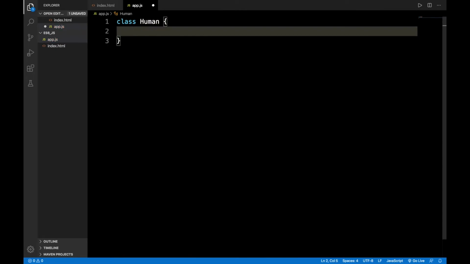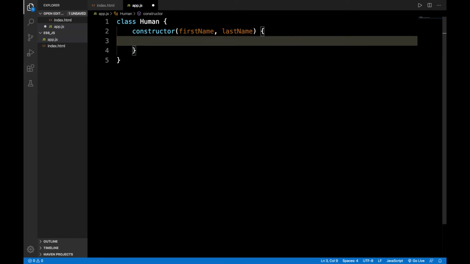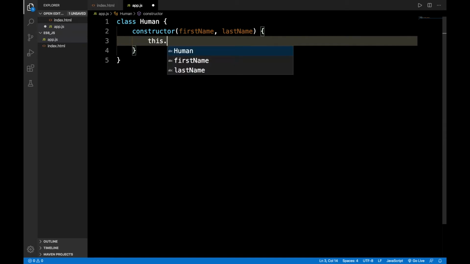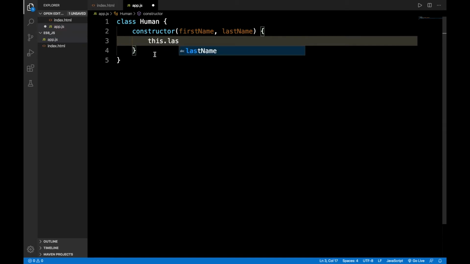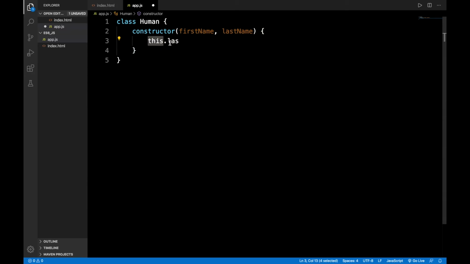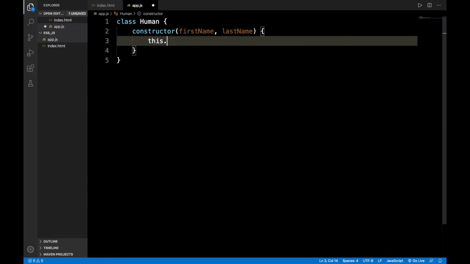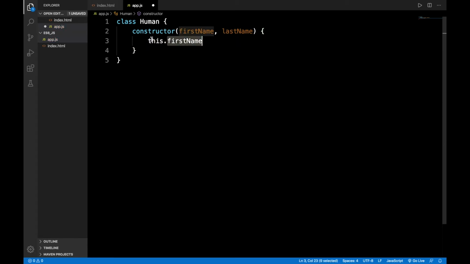If we have prior knowledge in any language, Java, C#, or even PHP, then it will be very easy to understand. So let's create a constructor. Let's pass two parameters, first name and last name. Let's create a class variable. Now you can use this anywhere in the class. This represents the class, so if I write this.firstName, then